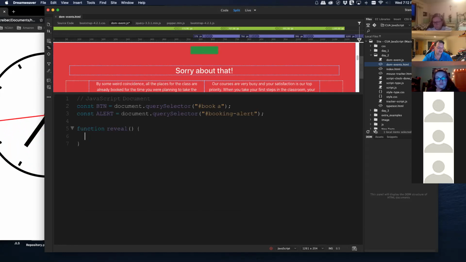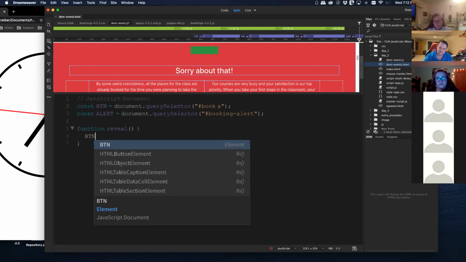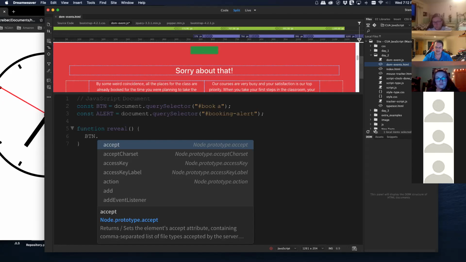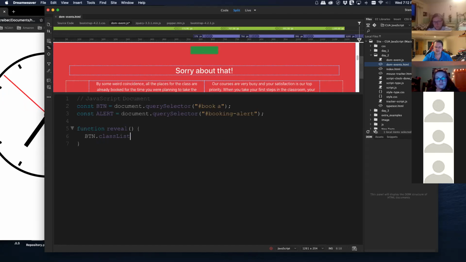And then for the button, we go to the classList and then we toggle the hide class on and off. Okay. And the same is done for the alert. classList, toggle,